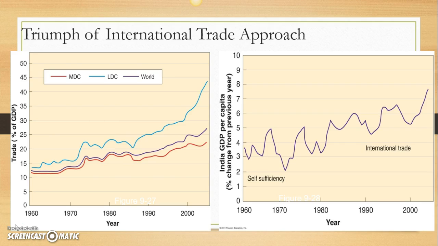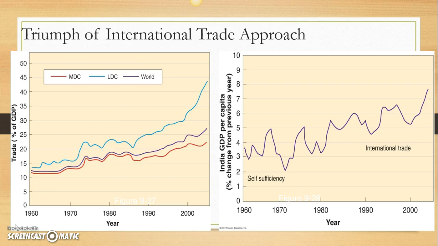So just to give you some examples, we could look at some graphs here, and we've got trade as a percent of GDP across time. Our more developed countries, look at the graph on the left here, are in red. Our less developed countries are in blue, and then kind of the world average is in purple. And as you can see, right, starting about 1960, it's gone up a little bit for our more developed countries, but it's actually gone up fairly dramatically, especially from the late 1990s forward in our less developed countries. With the result being that we've seen a lot of growth in those countries and a lot more development.